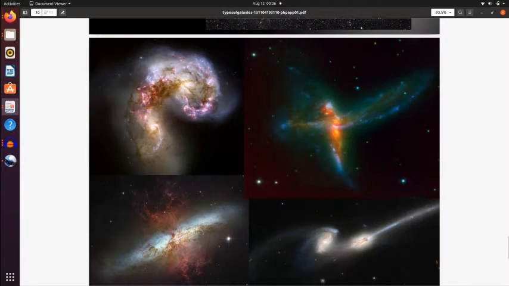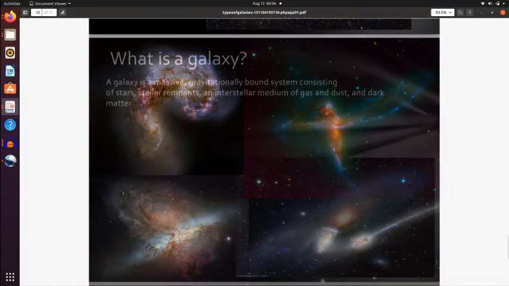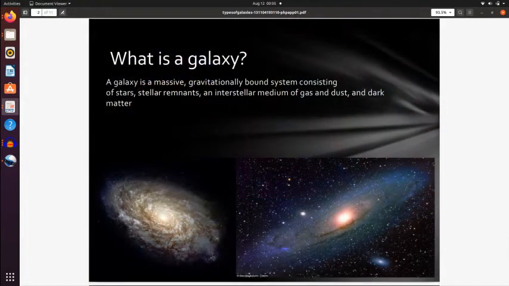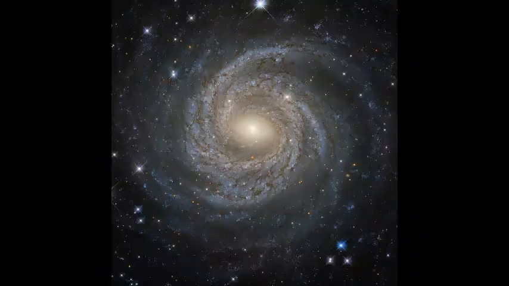A galaxy is actually a huge collection of gas, dust and billions of stars and their solar systems, all held together by gravitational force. Our galaxy, the Milky Way, has a supermassive black hole in the middle.